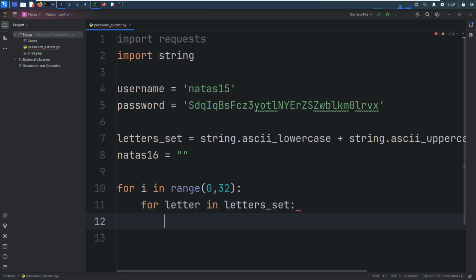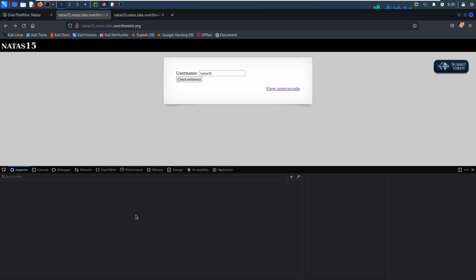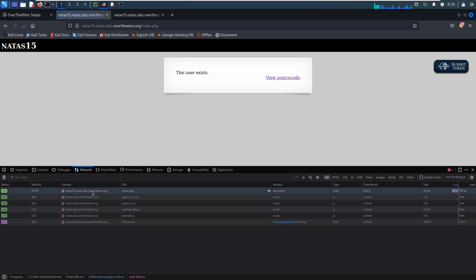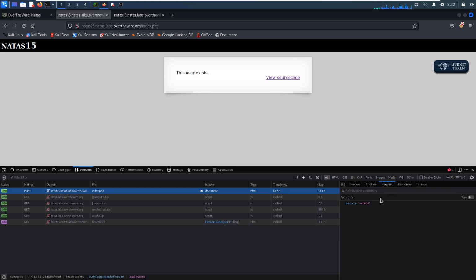And we can generate the payload. As we know, this should be the username. We can open up the inspect and navigate to the network tab, and we can check again, and you can get the post request. This should be the URL, and this would be the request. So the key is username, okay? And go back.